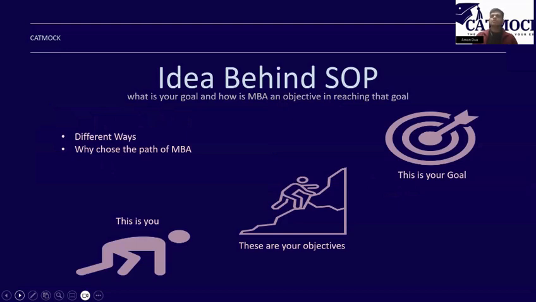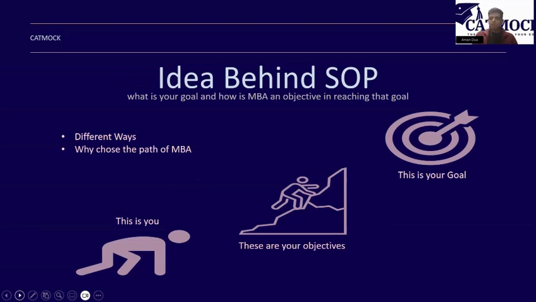Let's say your goal is to help the society. There are different ways to help the society. Let's say your goal is to become a consultant. Different ways to become a consultant. So anything can be your final goal. Usually people break it into short-term goals and long-term goals. So first you decide your long-term goals. So in the long term, I want to be rich. Maybe, for example, and I'm giving very basic examples, please don't use them in your SOPs. I'm just trying to explain the difference between a goal and an objective.